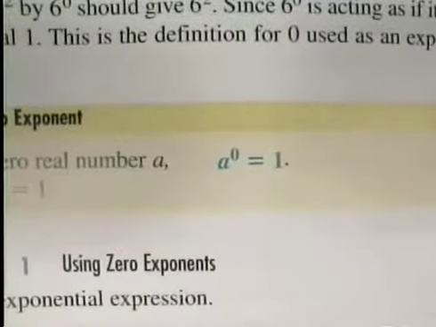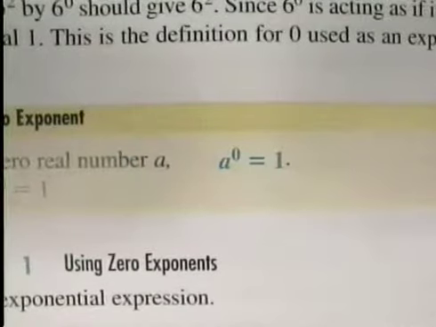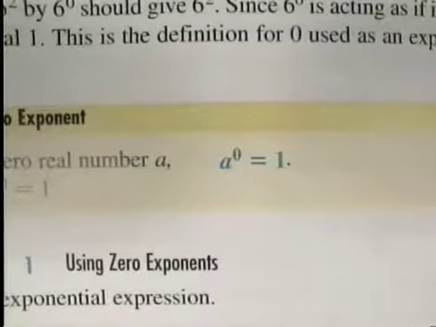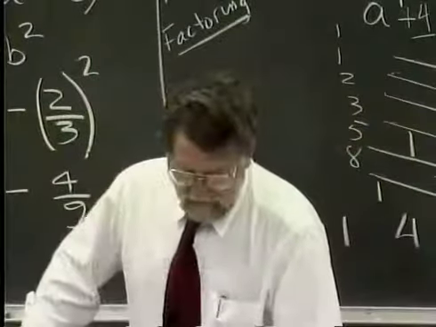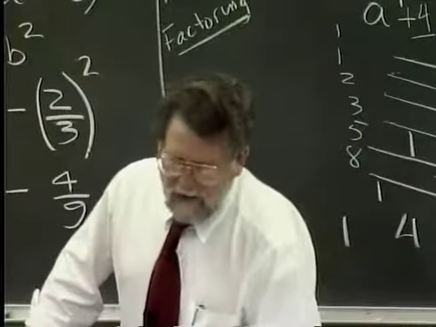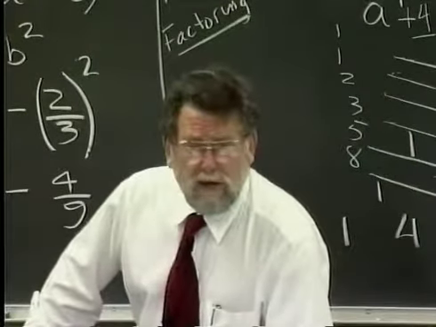Now, here's a to the 0 equals 1. This is on page 254, the centimeter page. We have a to the 0 equals 1, assuming a is not 0 itself. So let's come off there for a moment, because the next part I'm going to go to is